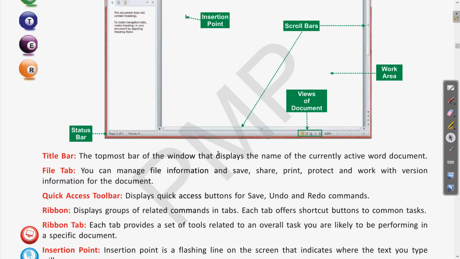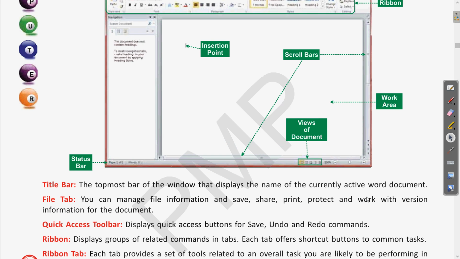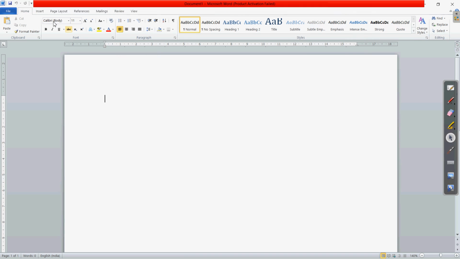Next is the quick access toolbar. The quick access toolbar displays quick access buttons such as save, undo and redo. Let us see where it is. The quick access toolbar is here at the top corner. You can see the frequently used things like the save button, undo and redo. Clear? So this area is called the quick access toolbar, where the frequently used things can be shown.